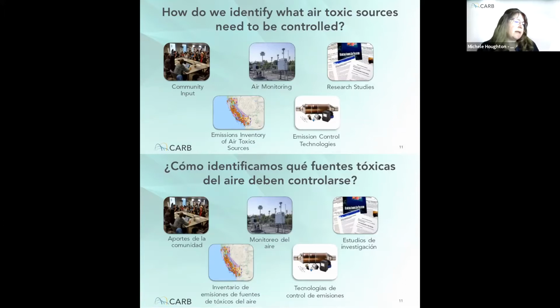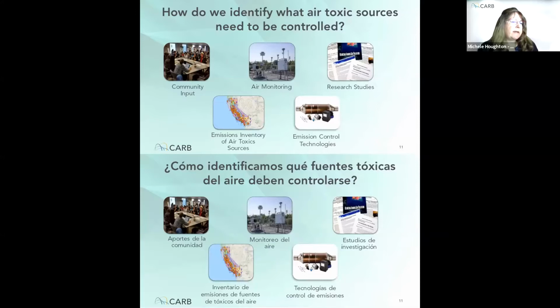We begin by collecting as much information as we can about the pollutant of concern and where it comes from. There are many sources of information that can be used to help us identify where a pollutant is coming from and if controls are needed. These sources include meeting with communities to learn about the pollutants and the sources they are concerned about.